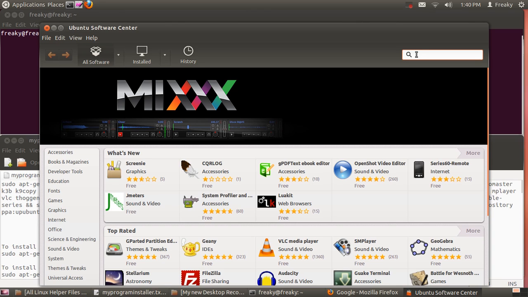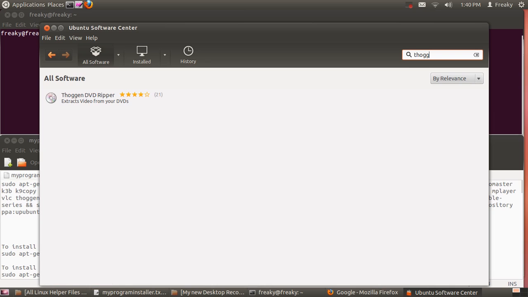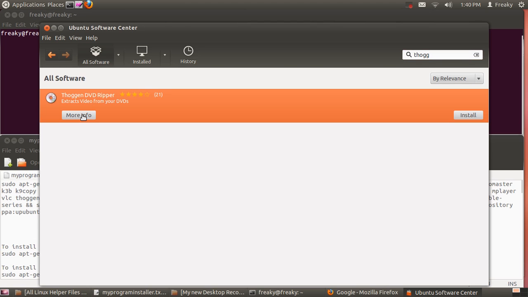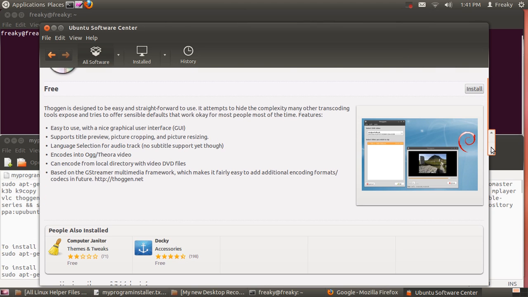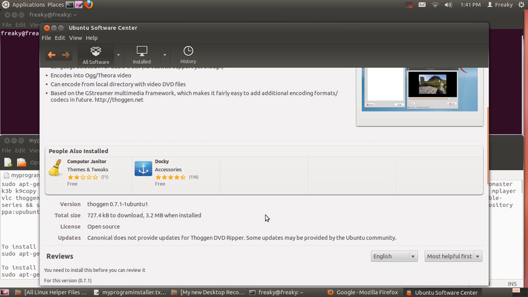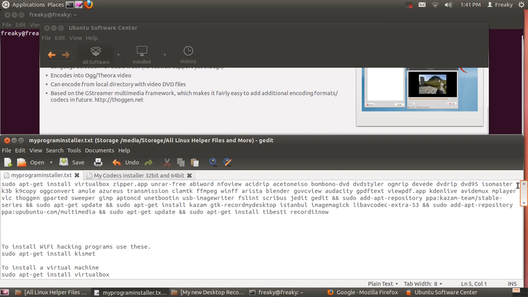Okay, let's say you want to have Thoggin, which is a DVD ripper. If you look at their name, it just says Thoggin DVD ripper. But if you click on more information and scroll down, you see that their name is just Thoggin, version 0.7.1. Well, if you just copy the name Thoggin